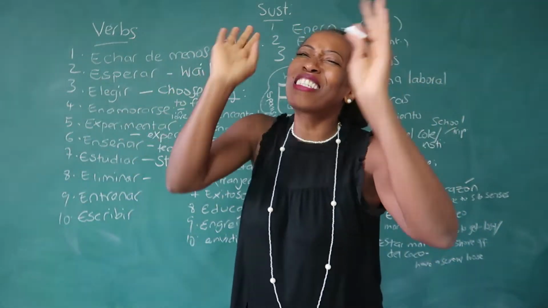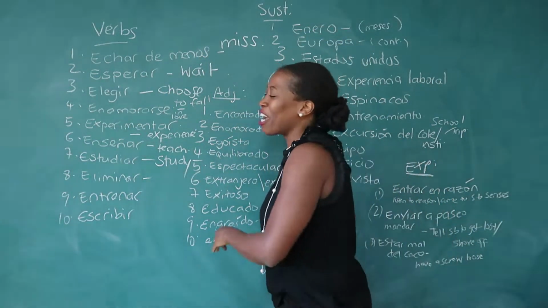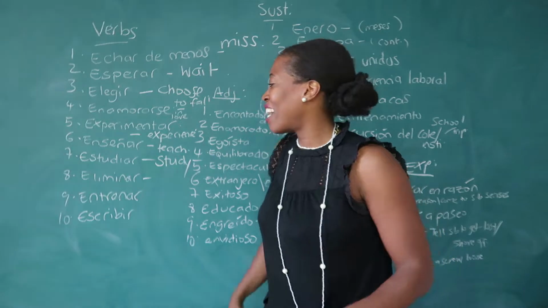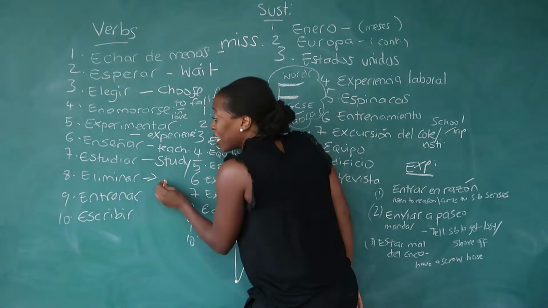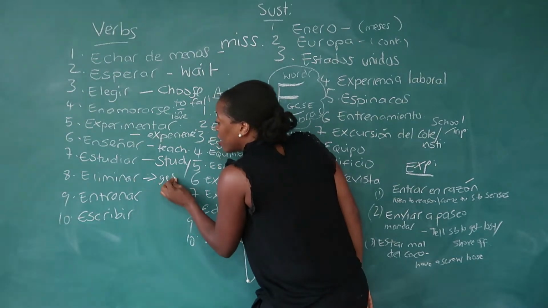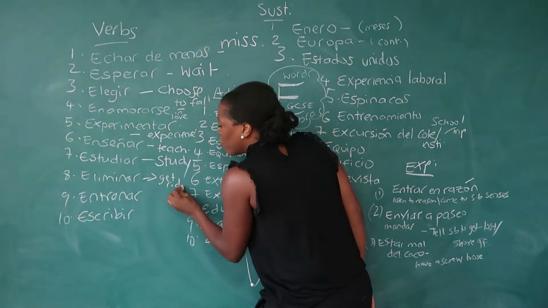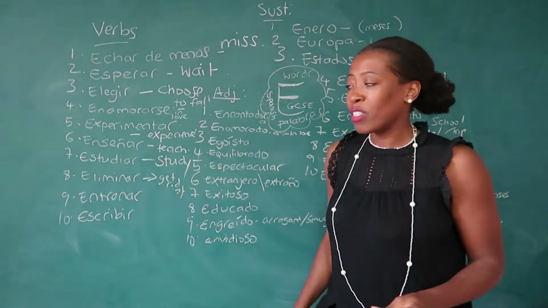I don't even have to tell you that one. Okay? To get rid of, to eliminate. Okay? It's saying cousin. To get rid of. Oh yes, or to get rid of. To get rid of. Or to eliminate. Okay? Right.